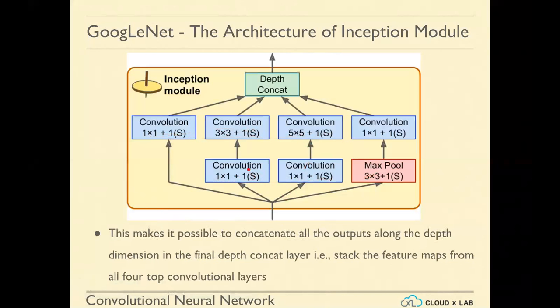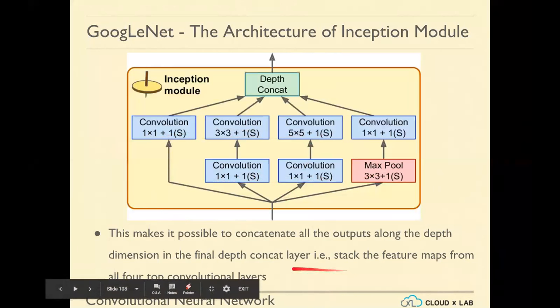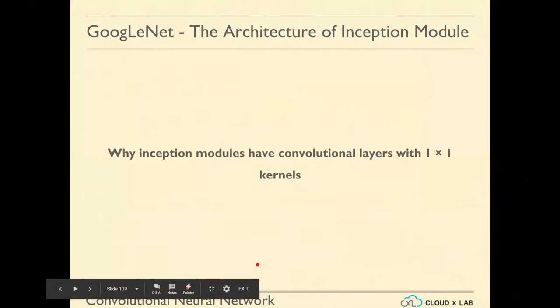This makes it possible to concatenate all the outputs along the depth dimension in the final concat layer, that is, stack the feature maps from all the top convolution layers. All right. So it essentially stacks the feature maps from all the top convolution layers instead of merging in some way. Okay, so